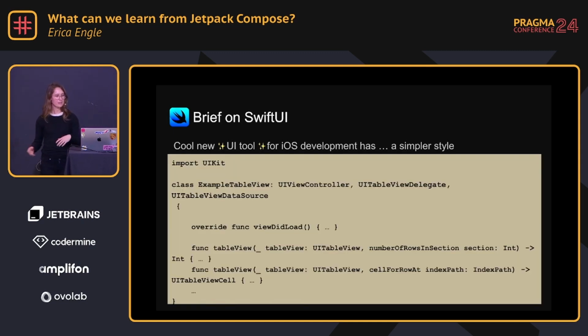But if we look at maybe an example of a table view, a lot of people have written probably many, many table views. You use all this boilerplate, you have to set up all your delegates, you really have to do a lot to kind of get a bare minimum table view going. And maybe you've set up some abstractions, and this is really only just a fraction of what you might do to set up your table view.